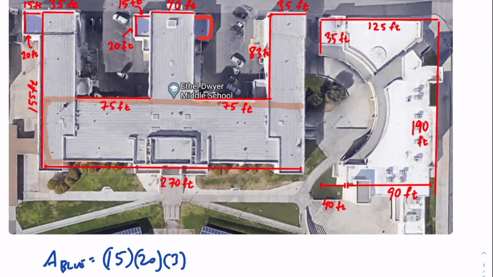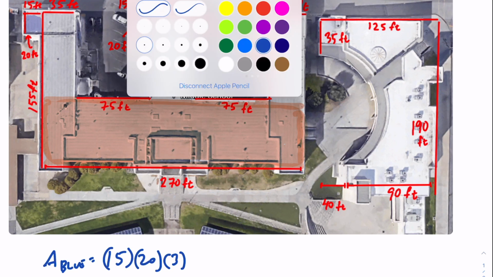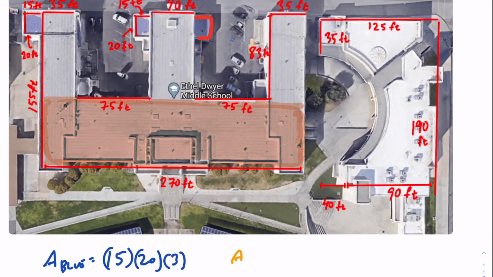So I'm going to do this very large rectangle. Okay, so I see that very large rectangle there, and I'm going to do this in orange. So area of orange, that's going to be 270, which is on the bottom, times